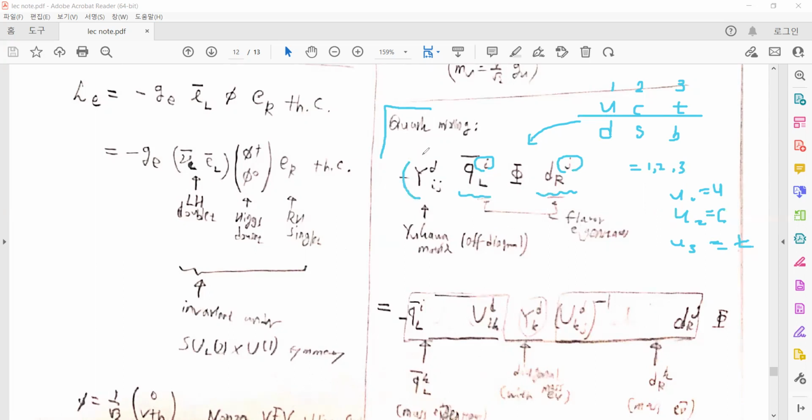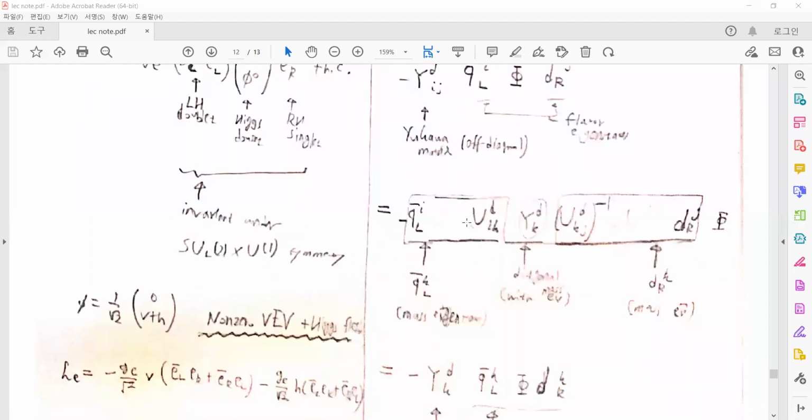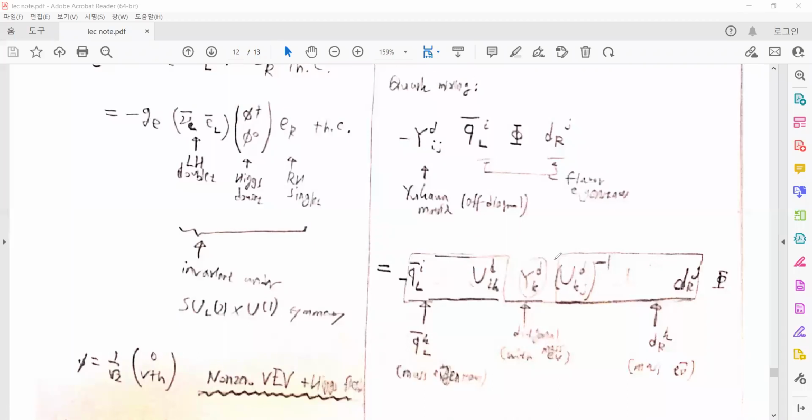can give some Yukawa matrix which has off-diagonal terms. So there will be some mixing between such terms, such as u and s, u and b, c and d, and such mixing will appear in the off-diagonal terms in the Yukawa matrix. And if we diagonalize this Yukawa matrix, then we can obtain different mass eigenstates. So some similarity transforms of such a matrix give a diagonalized matrix.